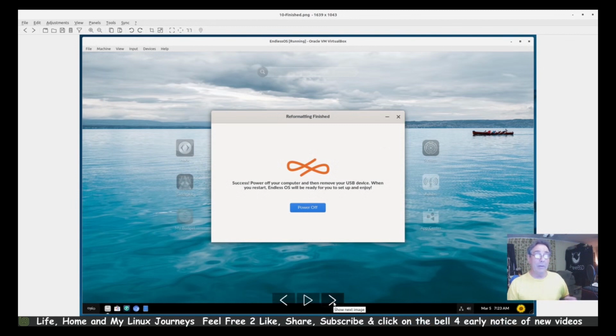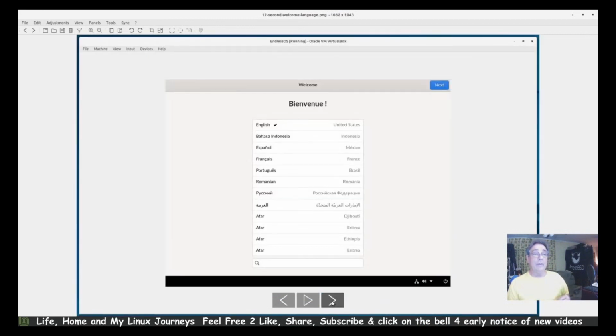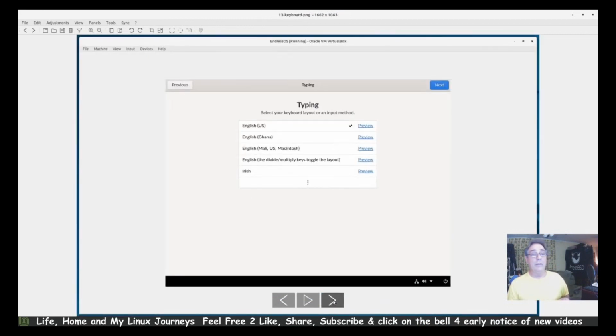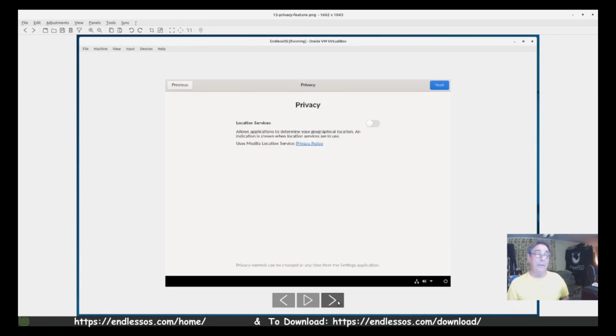Here it tells you to power off your machine and remove the USB device or the ISO. All right, so we're going to boot into the system. This is our first boot, where we're going to add a user, and we'll redo our language. We're going to redo our keyboard, accept the end user license agreement, and as you see, I turned this off. Now, if I was putting this on real hardware and I didn't have internet access, I'm not sure what good that would do them anyway. But that's your personal decision whether you want your computer to send them anonymous information. Click next. Again, I turned the privacy off.